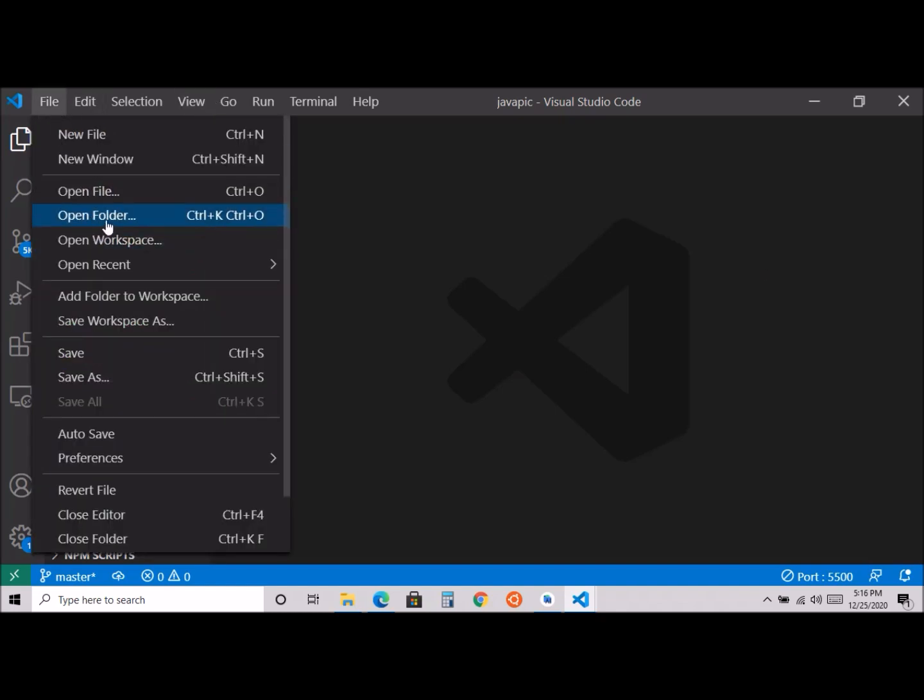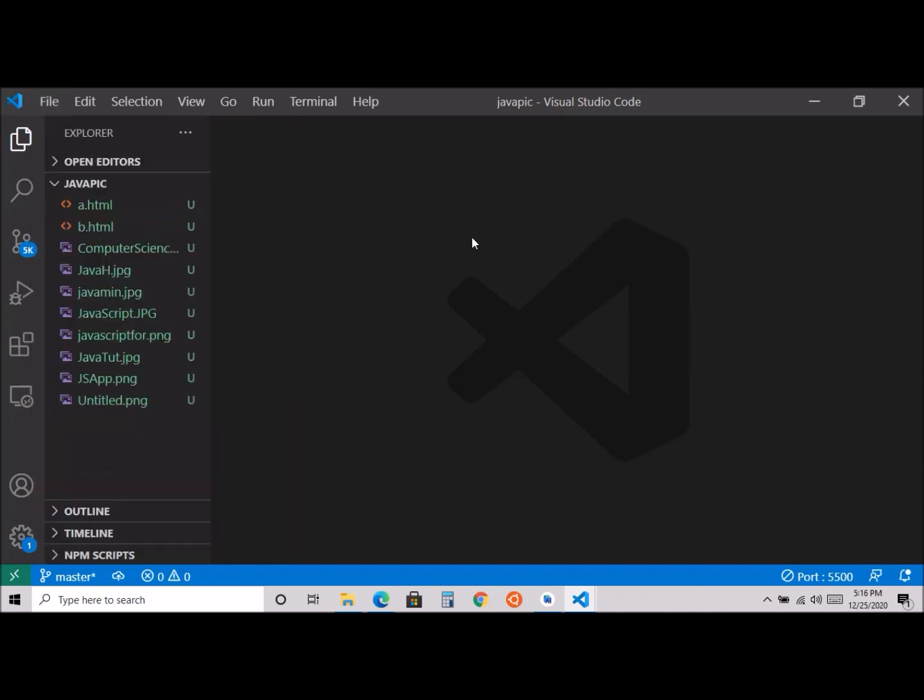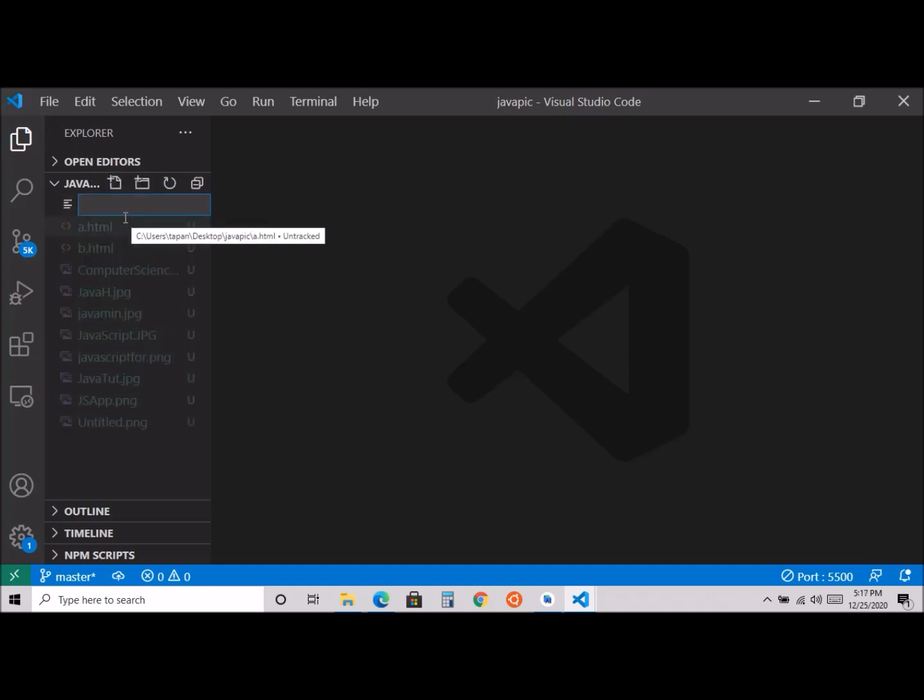If you're new to this, you can create your folder and select it by clicking on File and then Open Folder. If you want to create a new folder, it's right here, it says New Folder. I have already opened my folder, so I'm going to click New File. That's where I'm going to write my code, and I would name it